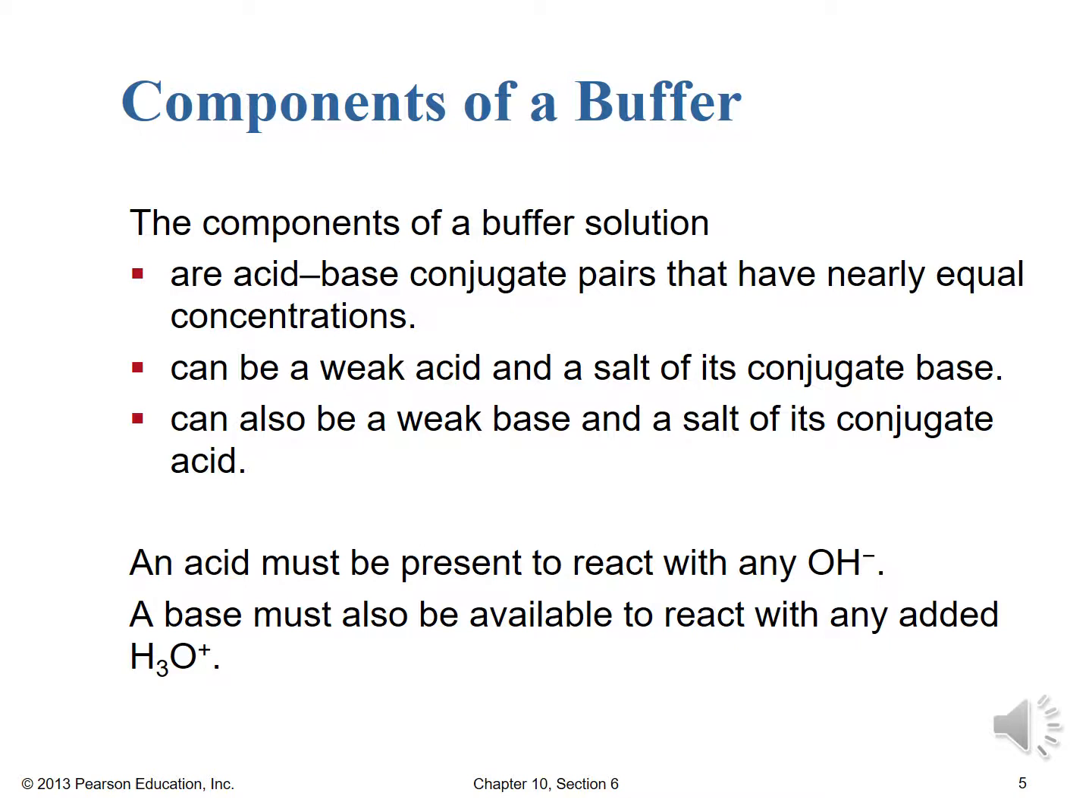But when you have a weak acid and a weak base, you have the ability to have the acid form react with additional OH minus to convert it to its conjugate base. You have the ability for the base form to react with added H3O plus to form its conjugate acid. So that's why it's important that you have the acid and its conjugate base, or the base and its conjugate acid, because then you resist pH change by having conversion from one form to the other, whereas in pure water,